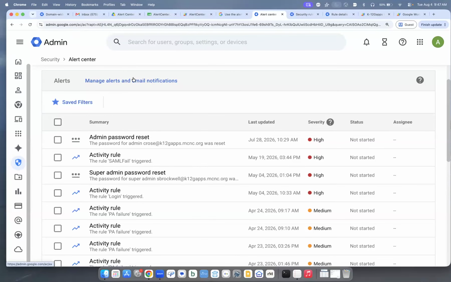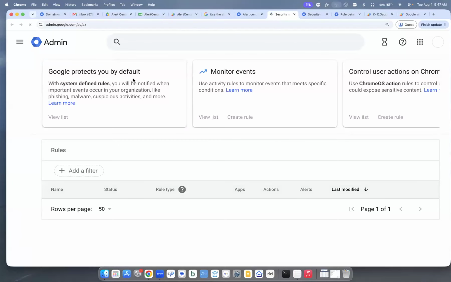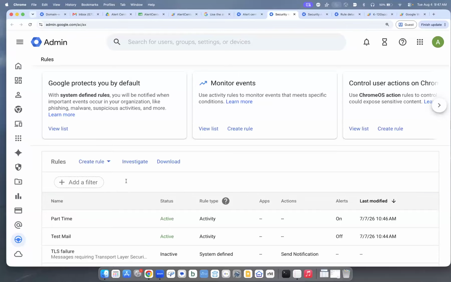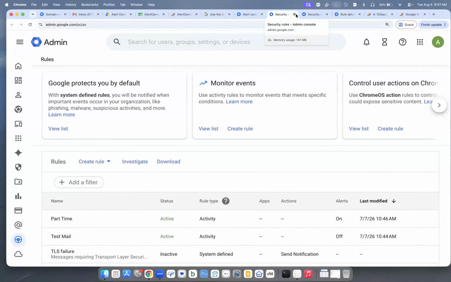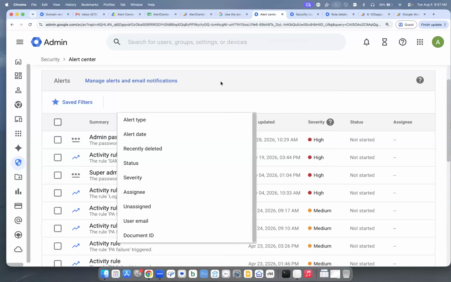So you can manage your alerts and email notifications. Then you click on it, it takes you over to the rules environment to create rules, add rules, modify your rules and everything. And we'll look at that again here in just a second. But here you can go in, you can filter, create a filter. Here I want to set, hey,